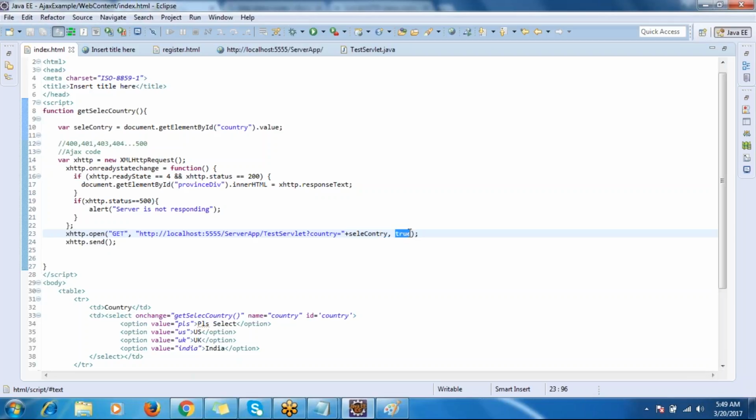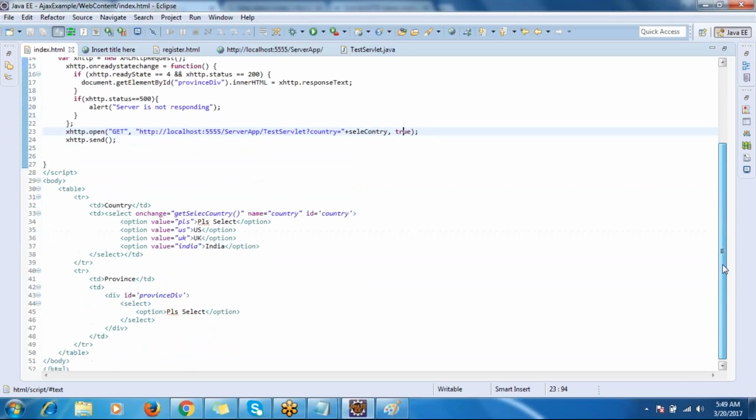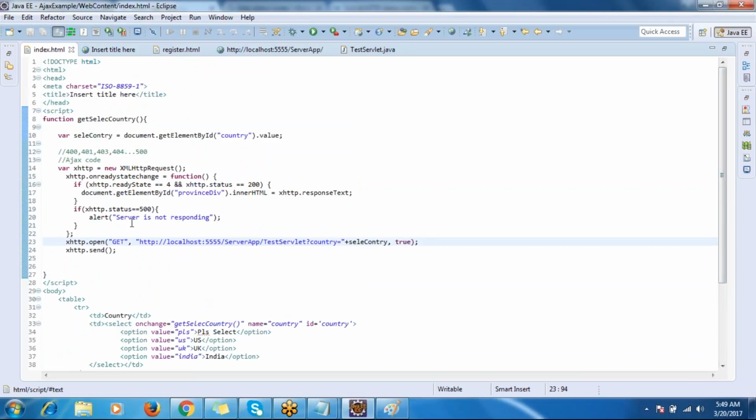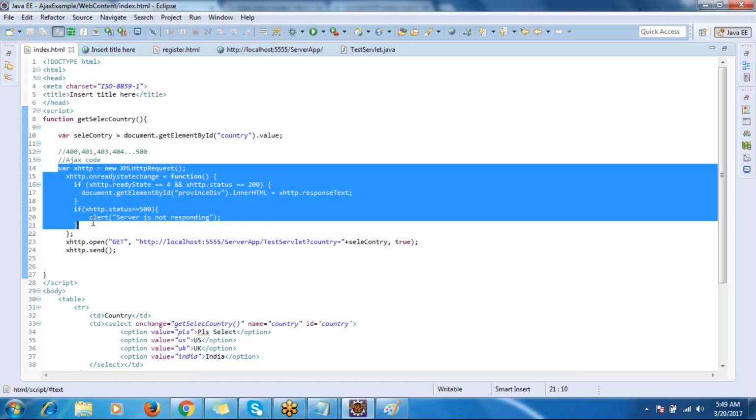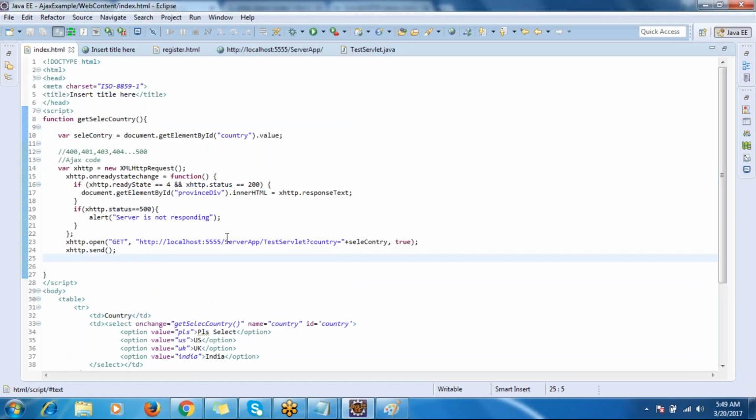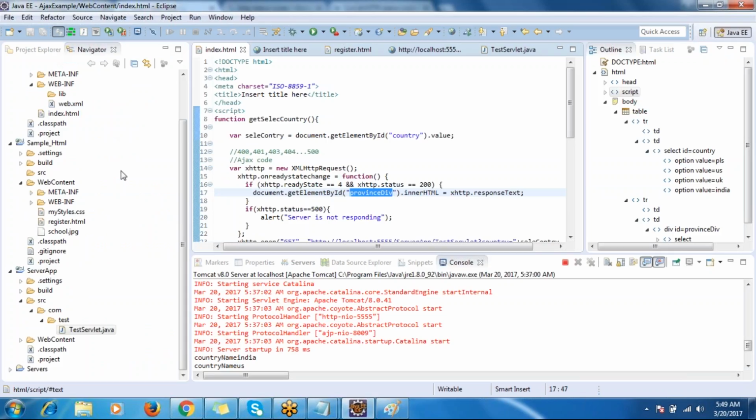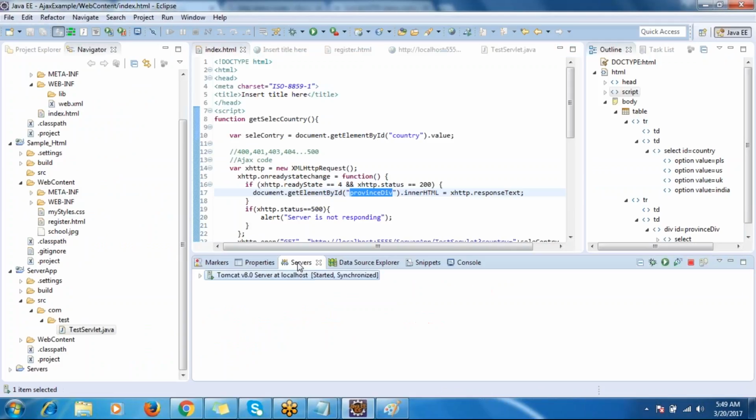So we are not depending on server response. We want to do our own job. We don't want to wait till the server gives back a response. So that is the purpose of this true. It is clear, right? Yes. So this code is generic code, and every time you have to change the server URL and you have to change your division. That's all. Say for instance, now what I am doing, I am going to stop my server,